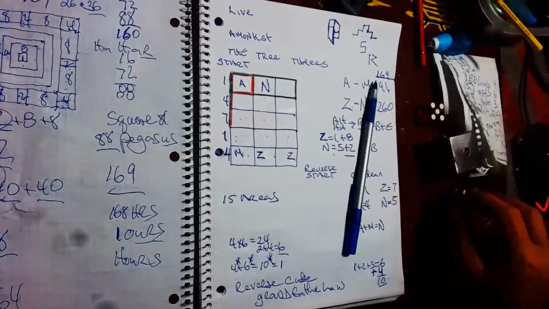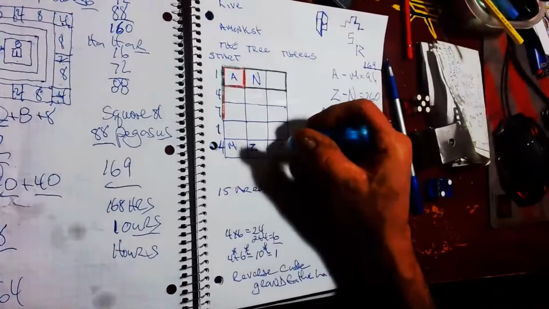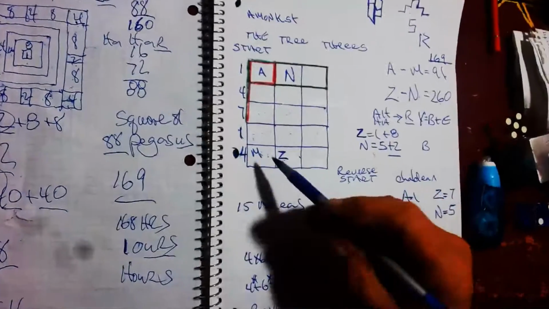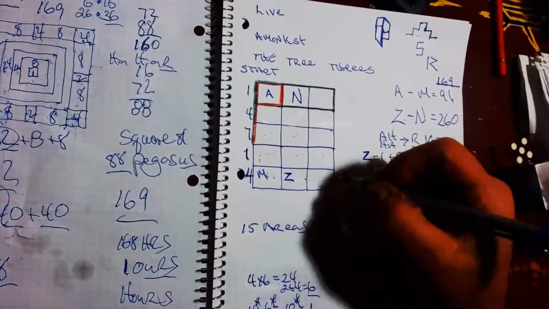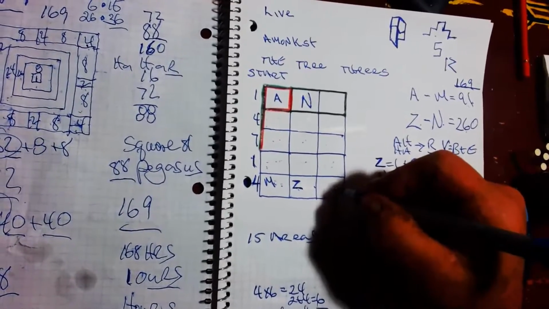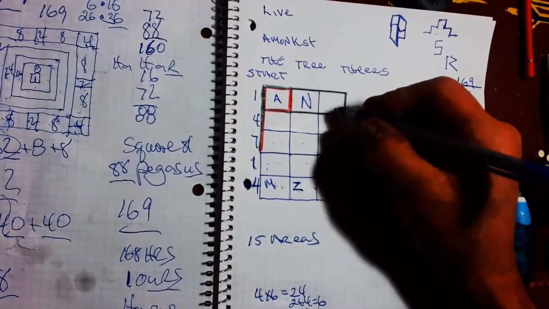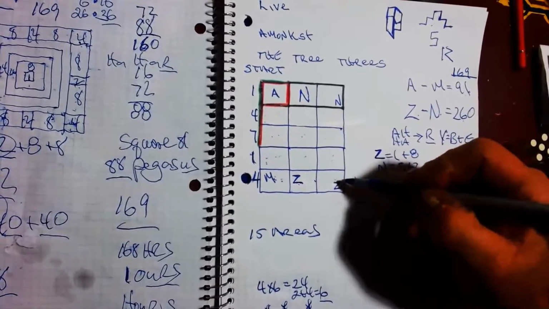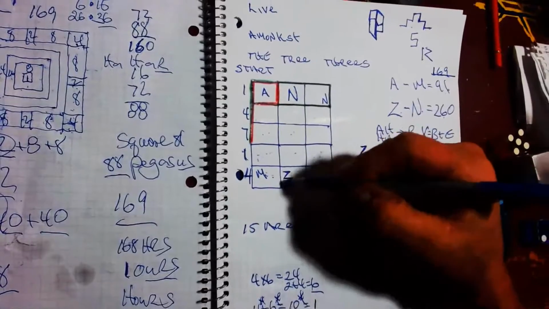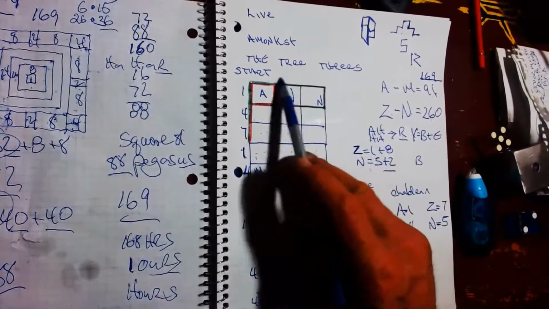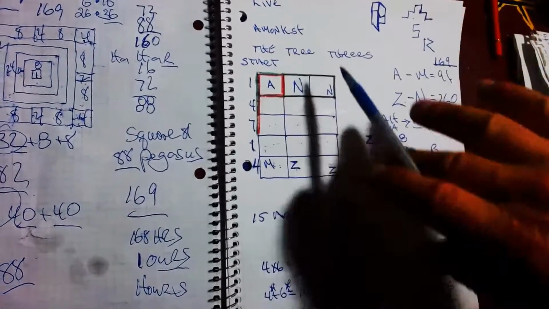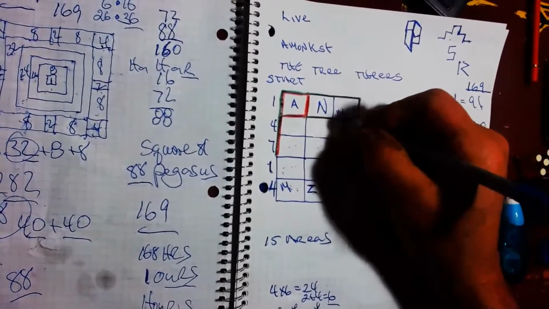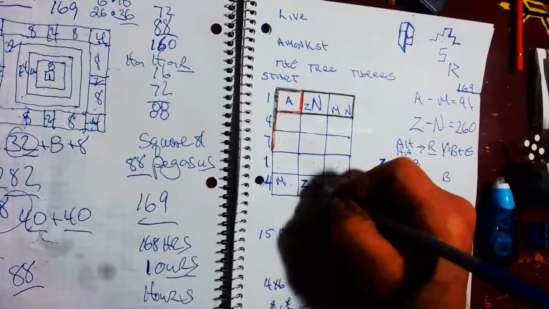So I cannot start at the end. If I'm going to do the reverse, this is the way the reverse has to be. If I did start at the end over here, the N would be over here. I'm supposed to start at the beginning, but my numbers tell me to start from here. So I have completed the whole board. Now, if I did the double reverse, I would end up with,